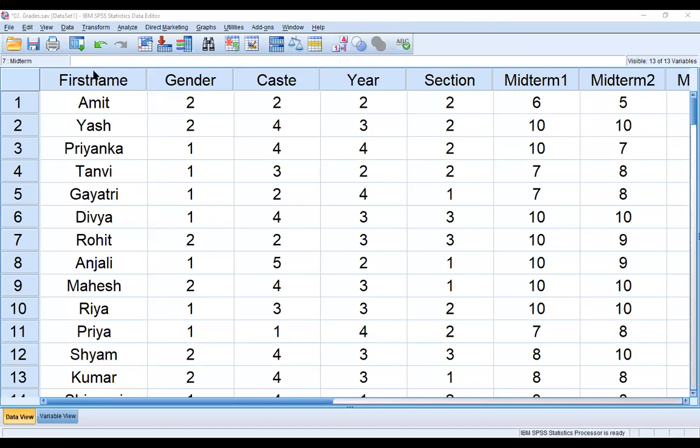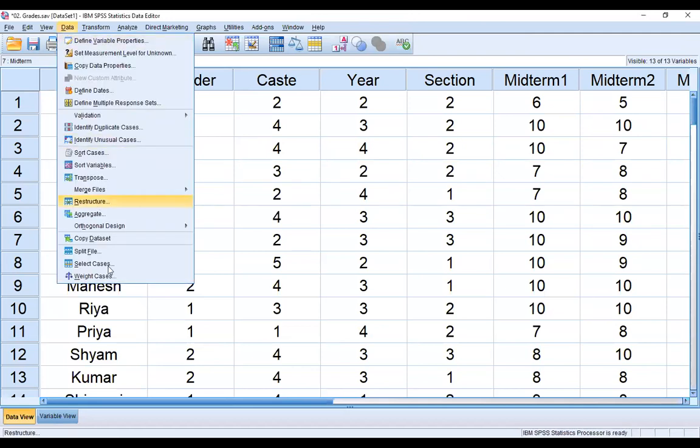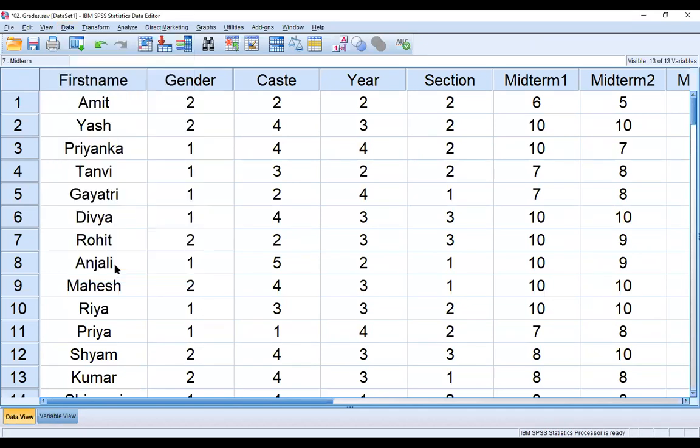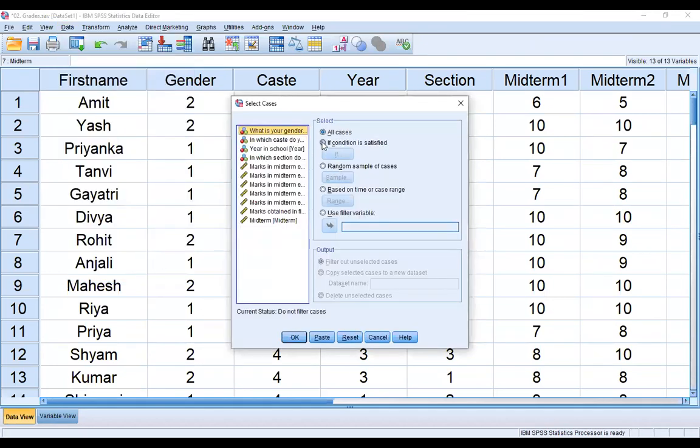Go to Data and Select Cases. I am selecting cases, and then if condition is satisfied, I am pressing If.